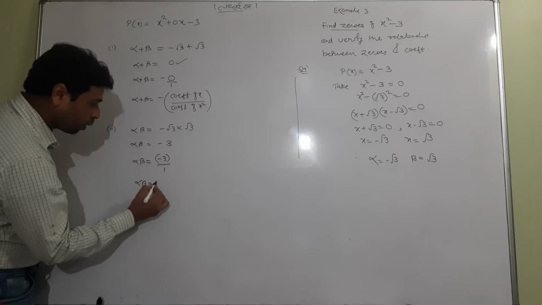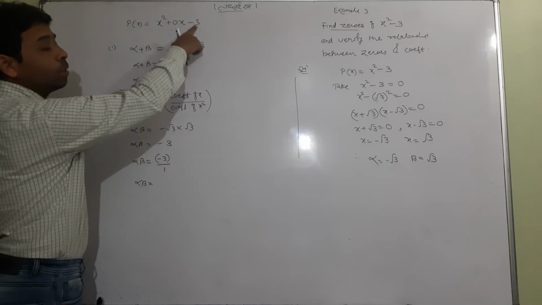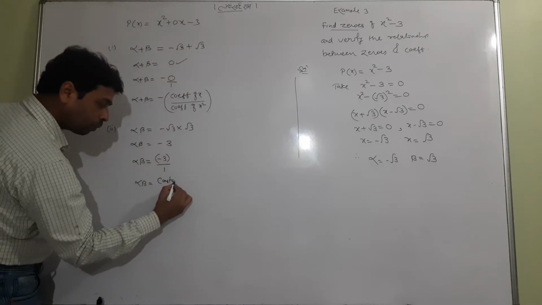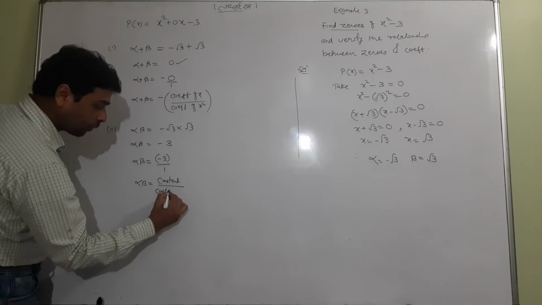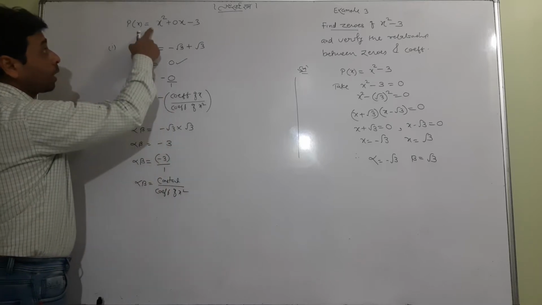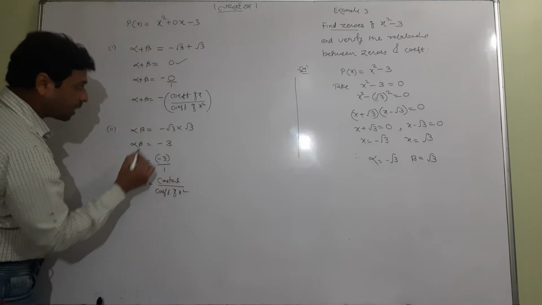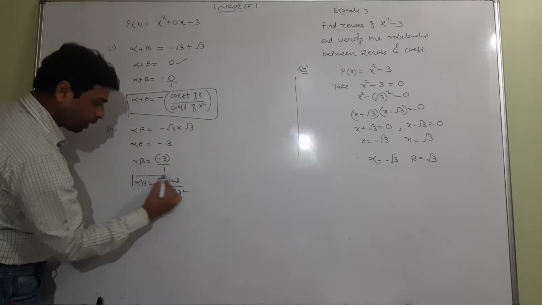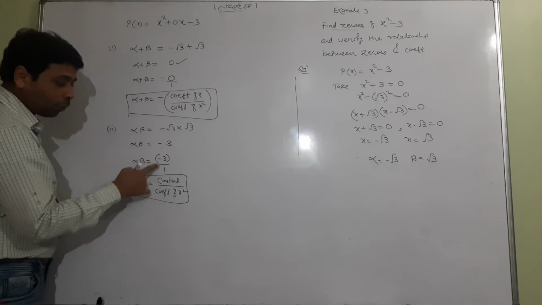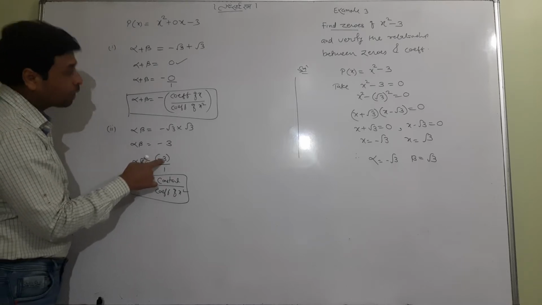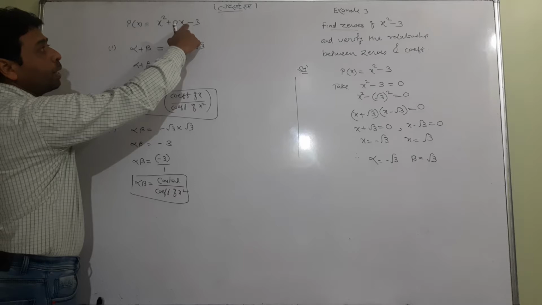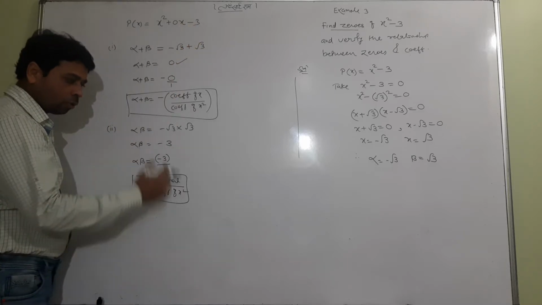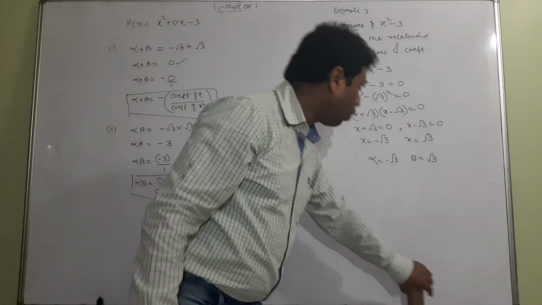And look at what is minus 3. Look at minus 3. So instead of minus 3, write the constant term. And upon 1 is itself the coefficient of x square here. So students, lastly you will see that alpha plus beta is negative and alpha into beta is itself positive. It was negative, so don't worry about it, minus 3 is itself the constant term. So both minus and 3 are replaced with the constant term upon the coefficient of x square. So this is the question. Hope you got till here.